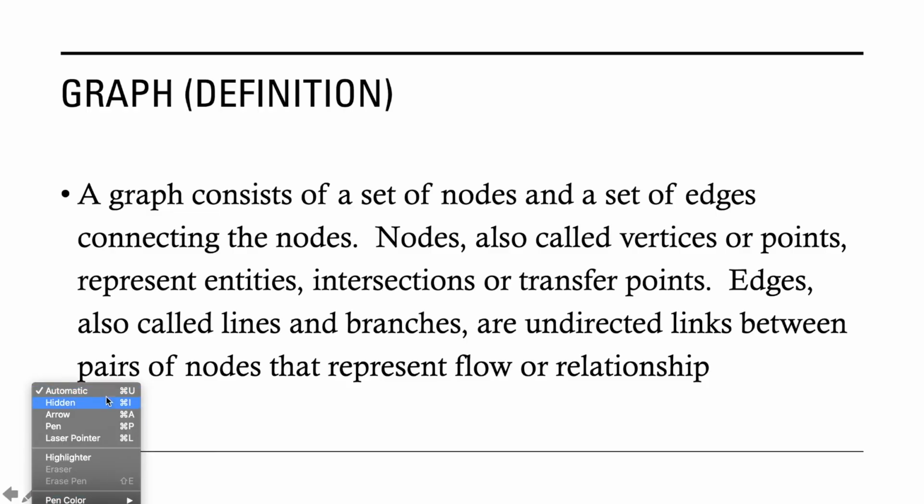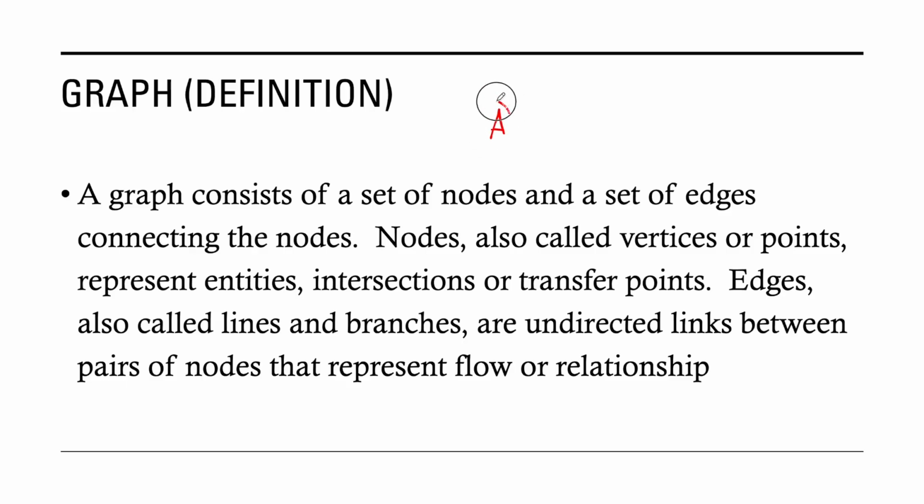Okay, so let me try to give you an idea on what a node looks like. For example, let's say I have node A here, and usually a node is encircled. This node can be a vertex or a point of intersection, or it can also represent entities like cities or places, etc. Now let us say you have two vertices, A and B, and these two vertices or nodes can be connected